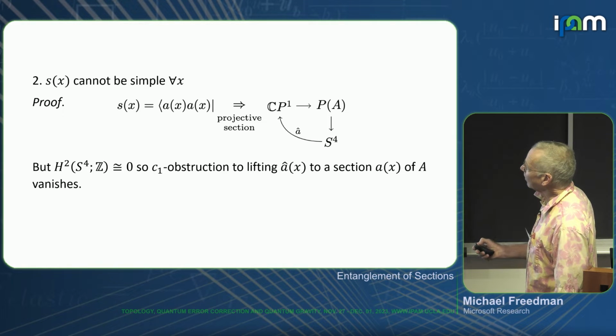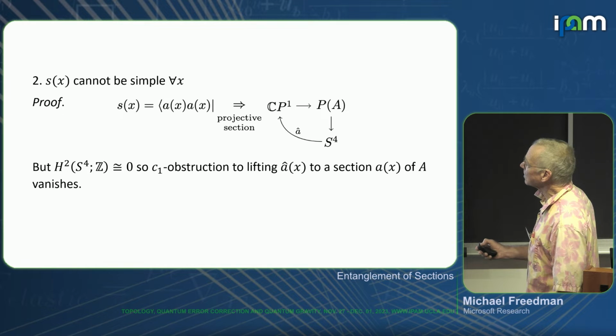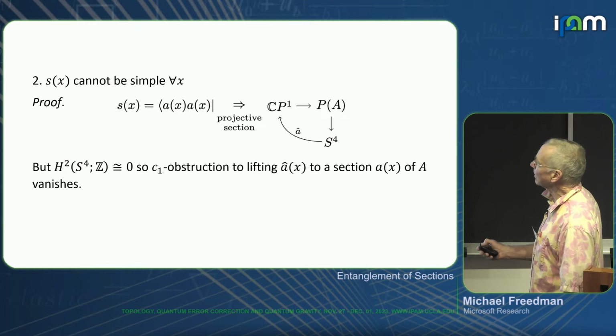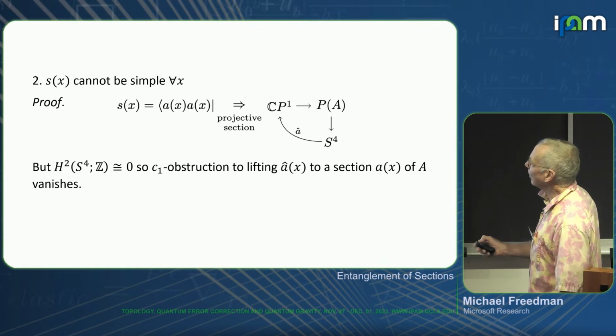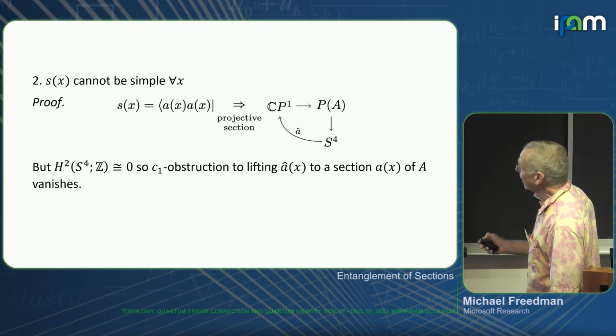But the little difficulty with that argument, the reason it's not quite correct, is that when you have a tensor product of 2 vectors, the scalars move freely through. So this expression does not really specify A hat at every point in A. So the best you can extract from this is a projective section. So it's a section whose fiber is not C2, but whose fiber is CP1, the lines.